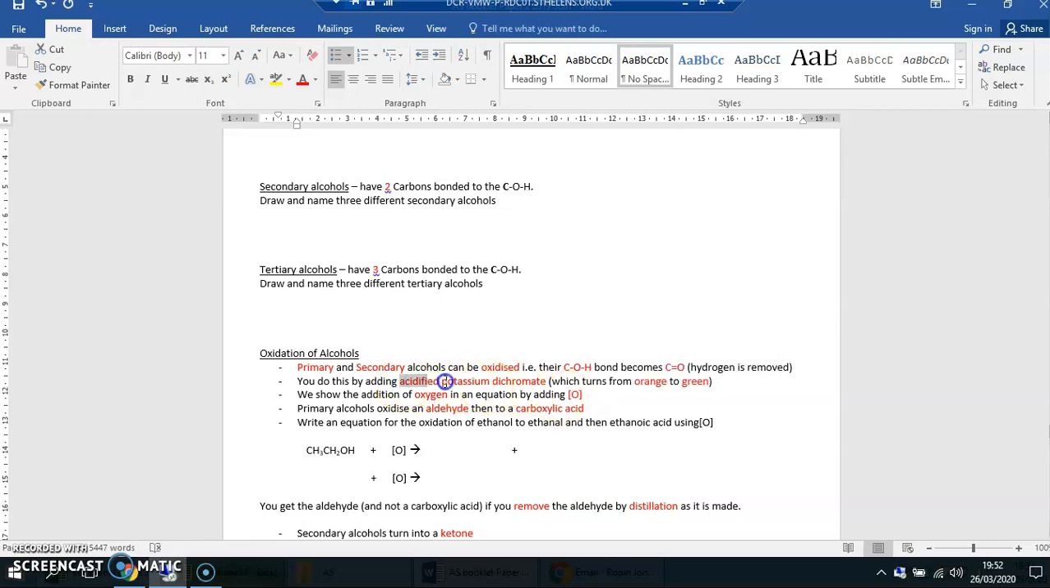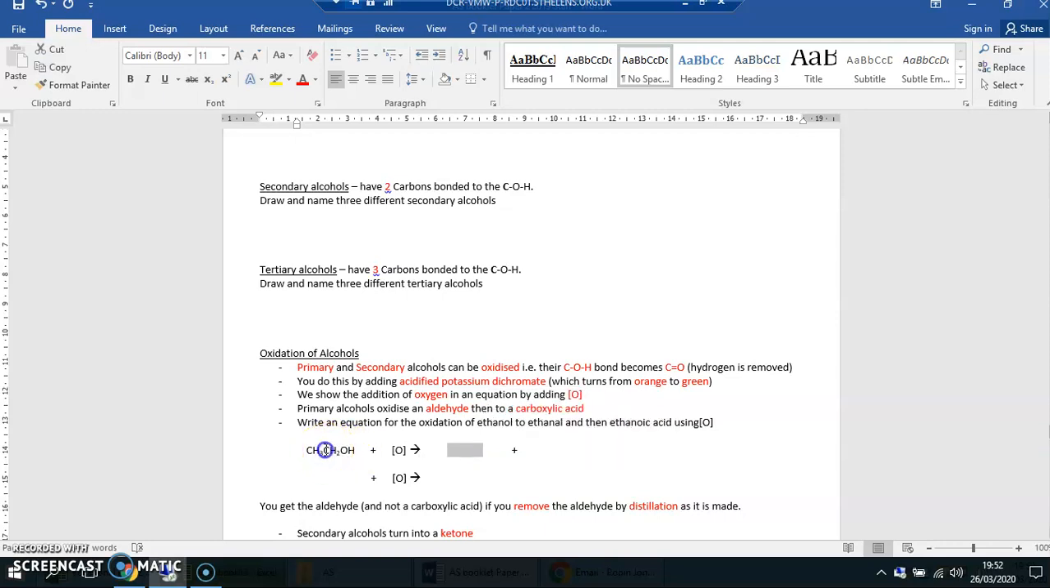The reaction involving acidified potassium dichromate in the equation is too difficult to write, so we can simplify the use of acidified potassium dichromate with a square bracket O. So we replace acidified potassium dichromate, which has got a complicated equation formula, with O in square brackets. That means somehow or another acidified potassium dichromate is adding O's onto this chemical. So we have ethanol here with an O added. It will make water, and this